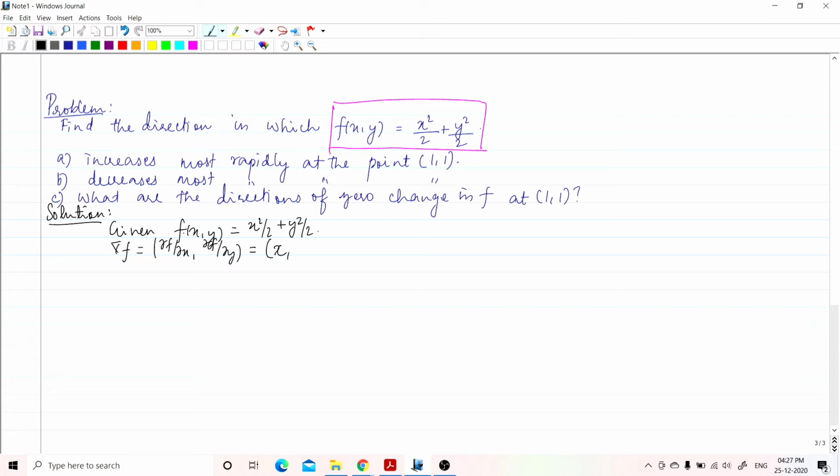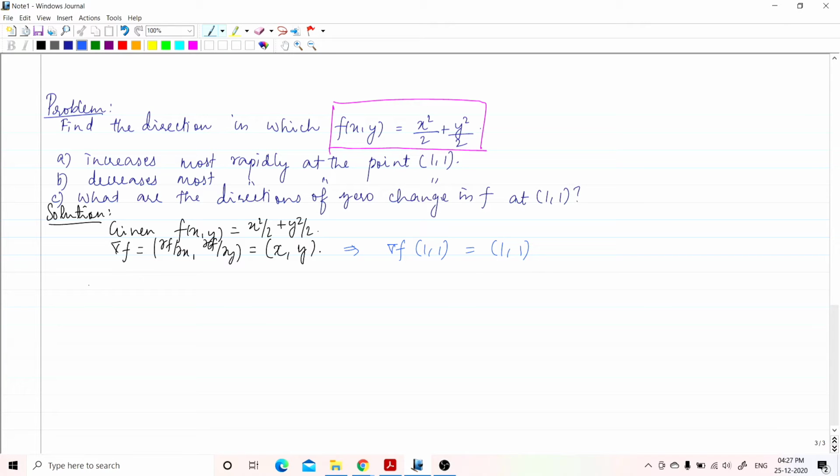See, class, it is a function of x and y. X and y are independent variables. You are differentiating partially with respect to y. Note my words. So it is y. So you have found these two quantities. From this, you will have to identify your del f evaluated at the point 1 comma 1. If you evaluate at 1 comma 1, you are going to get 1 comma 1.